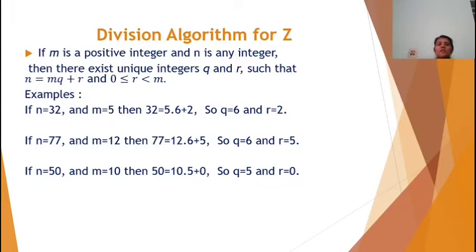So the theorem is, if m is a positive integer and n is any integer, then there exist unique integers q and r such that n is equal to mq plus r and 0 less than or equal to r less than m. This, so if we take any two integers,